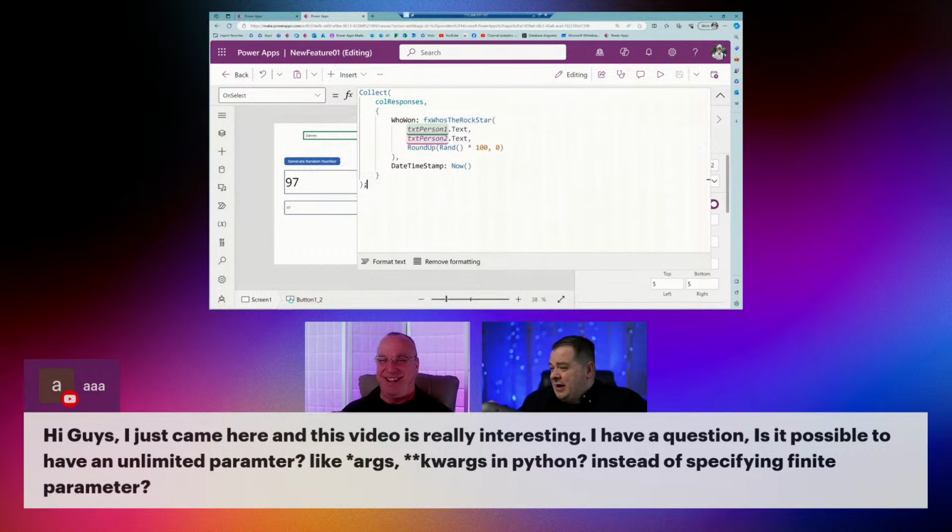So this is a great question. I just found out yesterday that it was actually going to be released, so I've been playing with it a little bit. I haven't done this yet, which is having unlimited parameters. We already saw an example of this using the if function. You just keep giving it parameters, almost like a nested if. As soon as I find out how to do that here, if it is possible, we'll cover it.